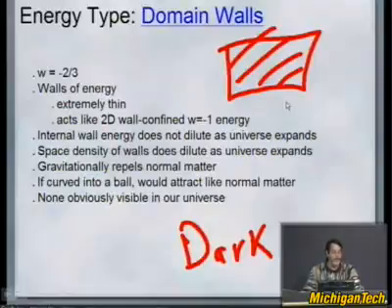However, we don't see any. So we have telescopes, we look in every direction. Nothing looks to us like a domain wall. So maybe it's outside of our visible universe. The universe is huge. It extends further than we can see. Maybe there's lots of domain walls out there.